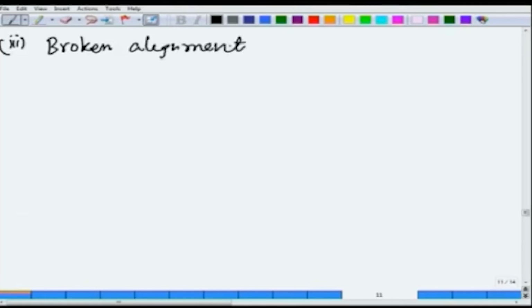Broken alignment. Let us look at this one, this diagram, as to what will happen in this particular case. Let us look at it as follows. In this case, we are going to take a vacuum level. Maybe we can put a break in here, and in this case, since it is a broken type, let's say we take this as